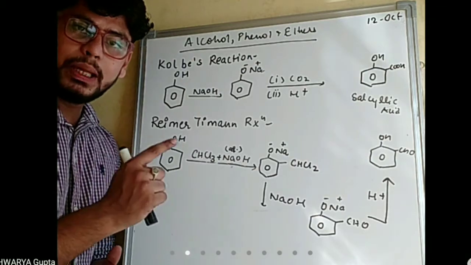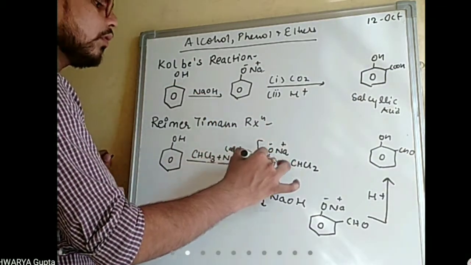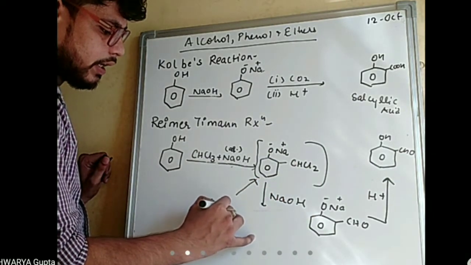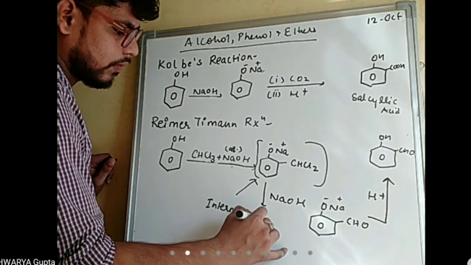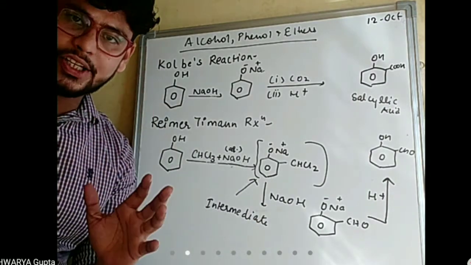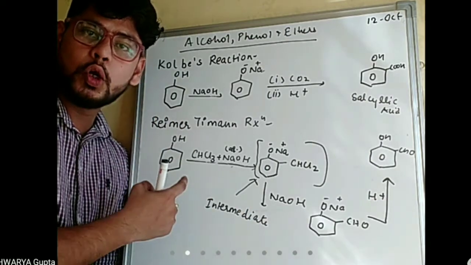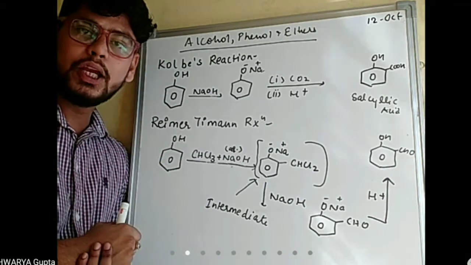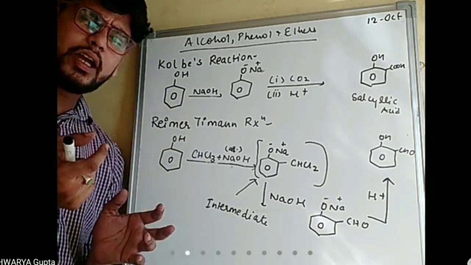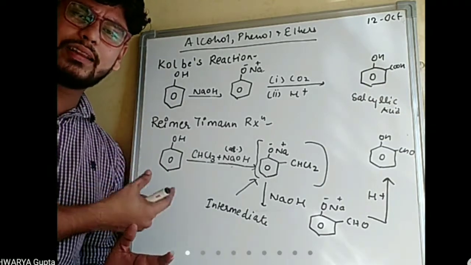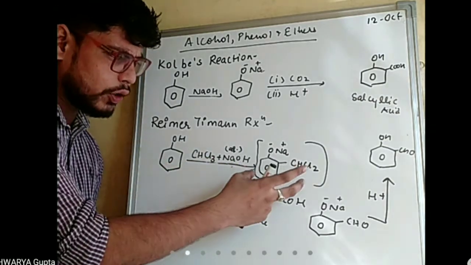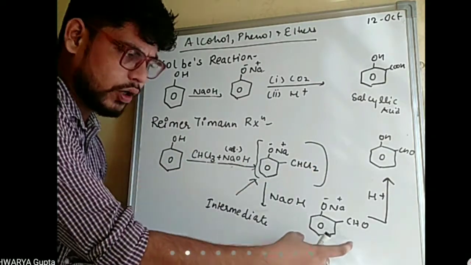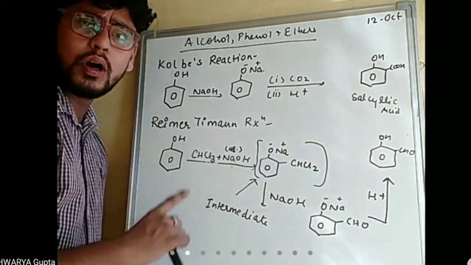This is about the Reimer-Tiemann reaction, which proceeds through the formation of an intermediate. If there is a question like "write a short note on the Reimer-Tiemann reaction", you will explain each and every step. But if this conversion is used somewhere in another question, then you don't need to write the intermediate. Just simply write CHCl3 plus NaOH, and it will get converted into this product, and further add H plus to convert into this form.